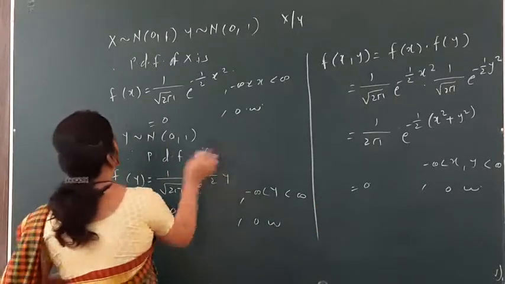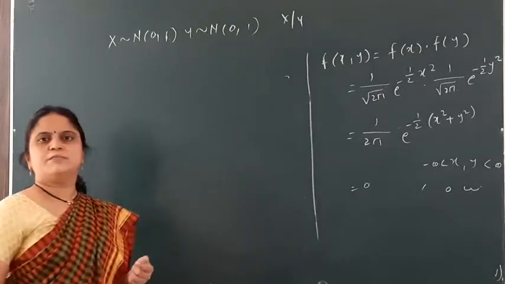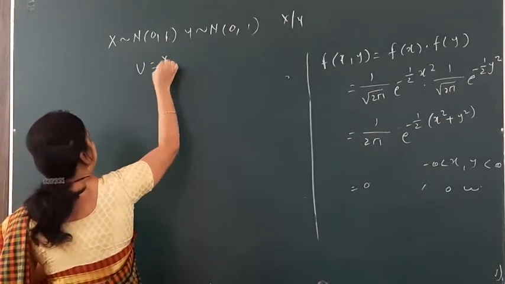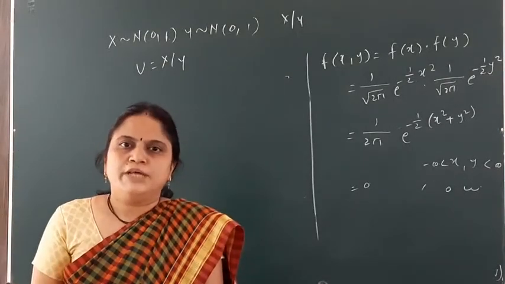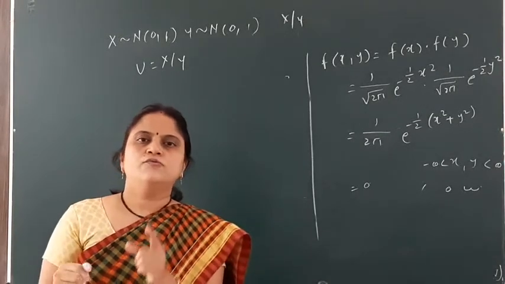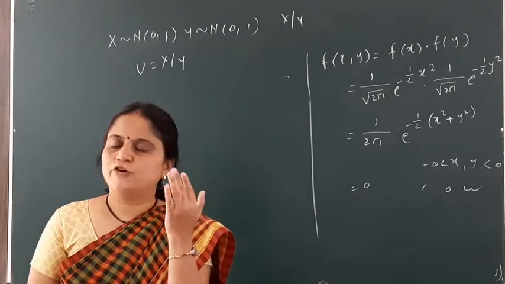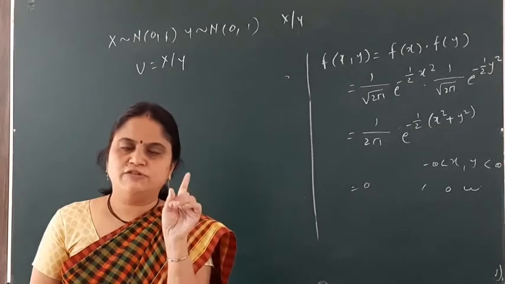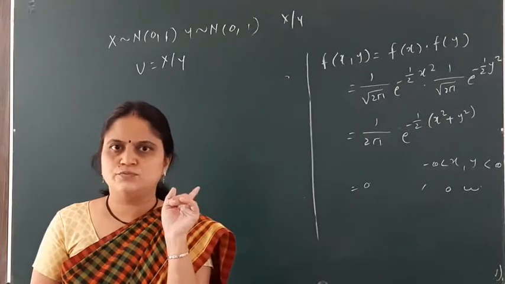Okay. Now let me state the actual problem. What is the actual problem over here? I need to find the distribution of x divided by y. So let me consider u is equal to x divided by y. This can be found by using the transformation method, that is in the fourth topic of SYBSc. There are actually three methods for finding the distribution of a bivariate data set, but for your study there is only one method, the transformation method. So I have used only that method to find this distribution.